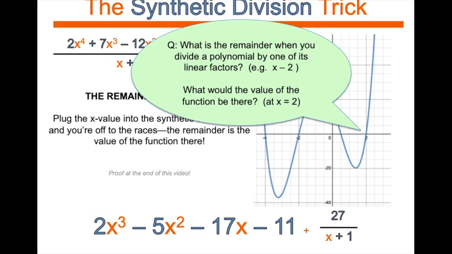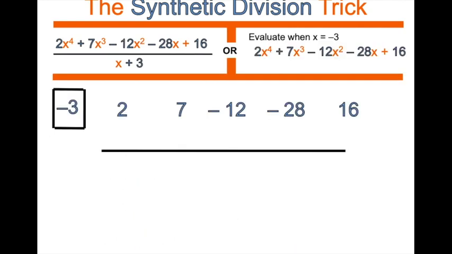Because it divided evenly. I'm hoping things are connecting for you in your brain. All right, here we go. So in a nutshell, regardless of whether I'm asking you to do polynomial division or evaluating a function at a certain value, you can use synthetic division and it's one and the same, right? Whether you're dividing this polynomial by x plus 3 or trying to evaluate the numerator when x is equal to negative 3, regardless of your goal, you can slap negative 3 in the box and just do the synthetic